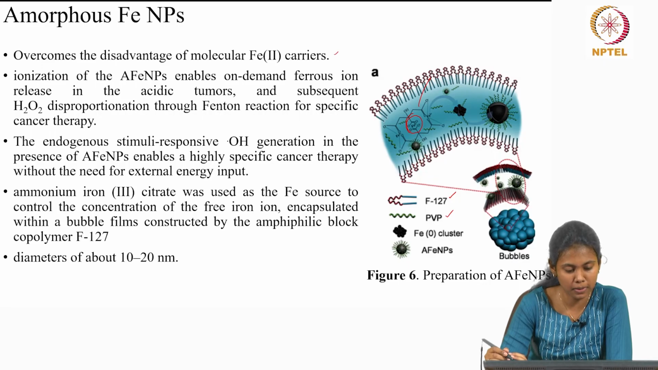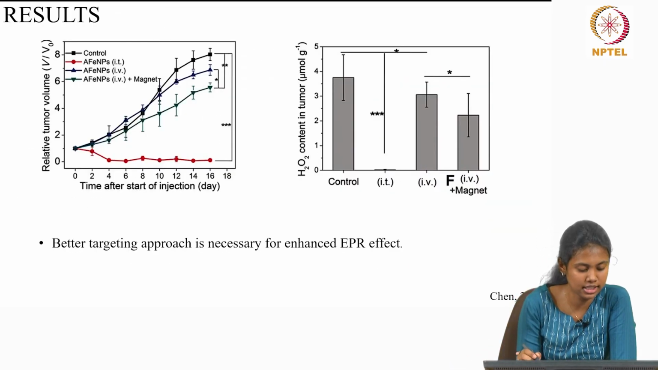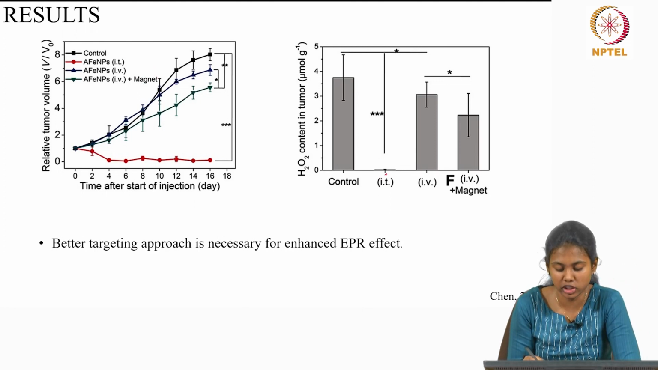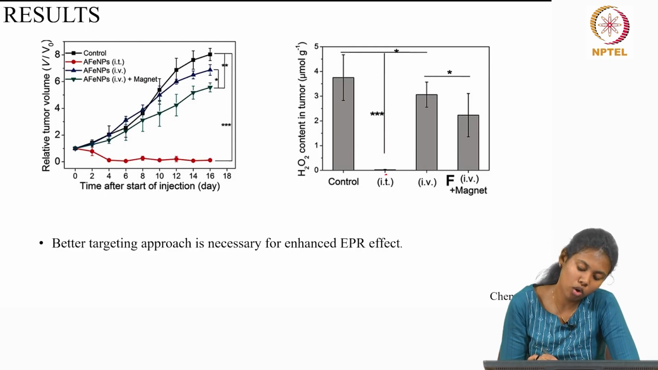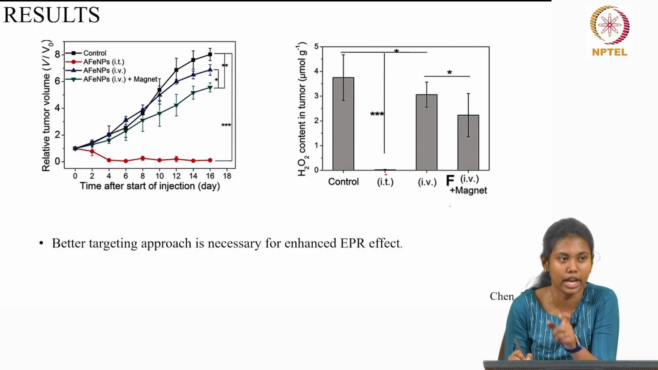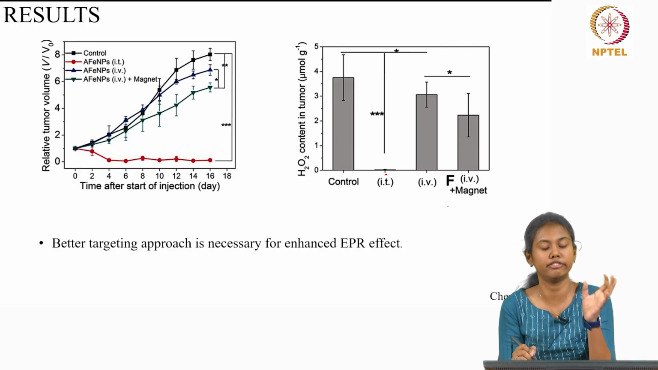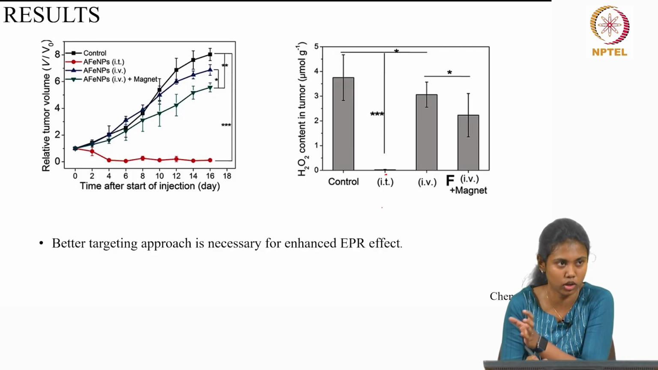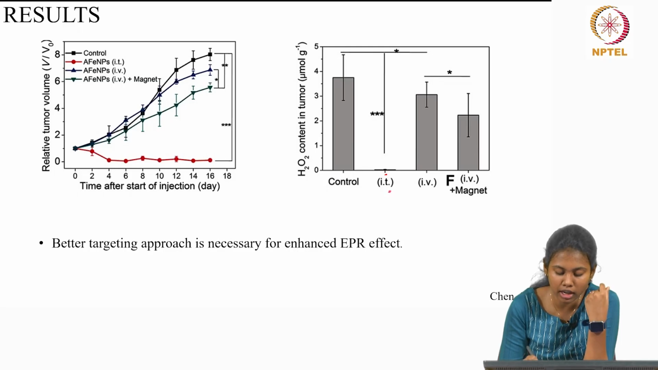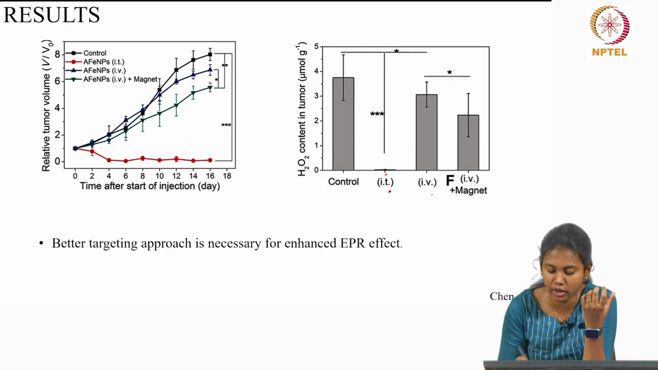And also, based on the results, you can clearly see that the amorphous Fe nanoparticles treated with magnetization in the intratumoral region were found to show a very low amount of H2O2. In this study, they have estimated the hydrogen peroxide in the tumor cell, because the conversion of H2O2 into hydroxyl radical is the key thing. If this nanoparticle converts the H2O2 into hydroxyl radical, then it is found to be more efficient, right? So, in this study, the intratumoral approach was more efficient than compared to the